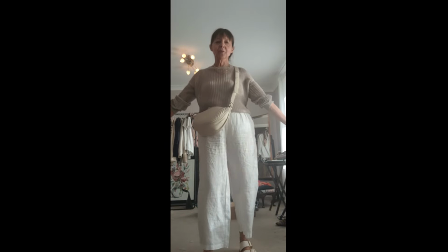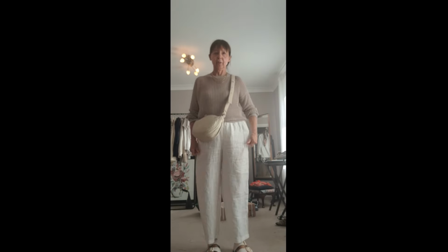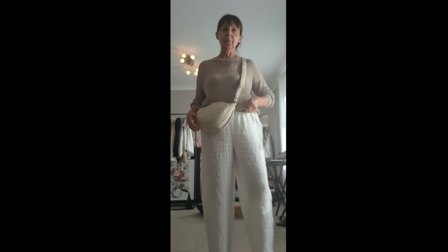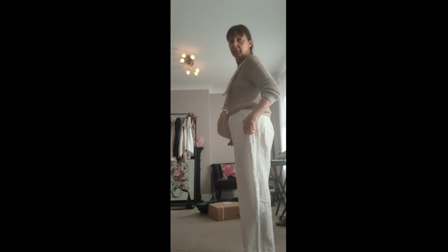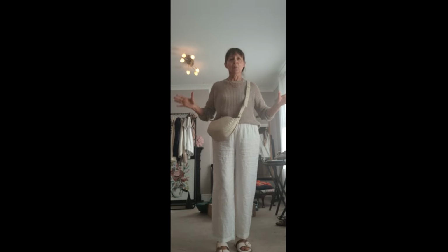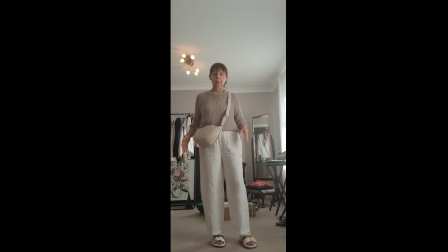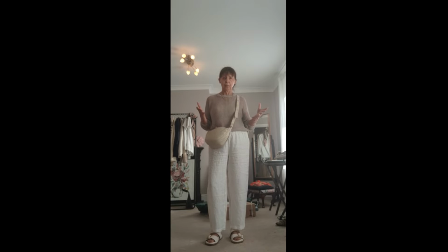I mean, the thing is, these trousers are amazingly comfortable, and they might not be so flattering. Let me pull them down a bit. See, I think when you pull them down, they look better. I don't know. Anyway, I think this is nice. I mean, whether it makes me look huge or not is... Maybe we'll ignore that part, but I think it looks nice, and I think it looks good in terms of